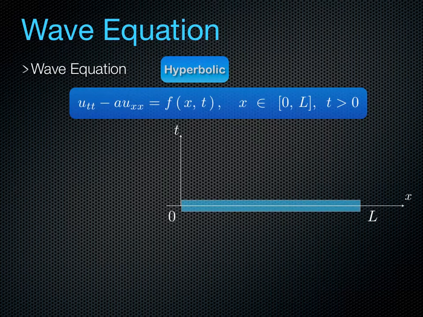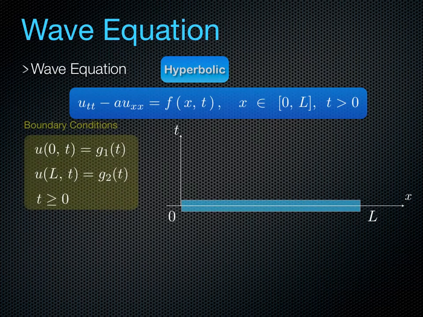If we are looking at this one-dimensional domain, then we need two boundary conditions because we have two spatial derivatives. So those need to be prescribed. In this case, they are being prescribed by the functions g1 and g2 of t, completely at all times on the left and the right-hand side of our boundary. And we also need